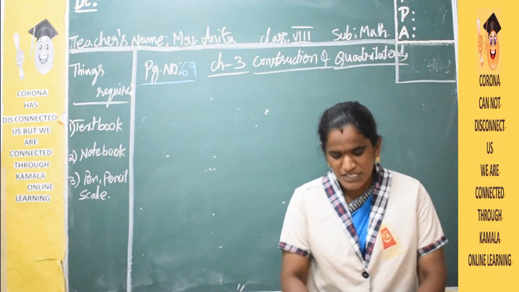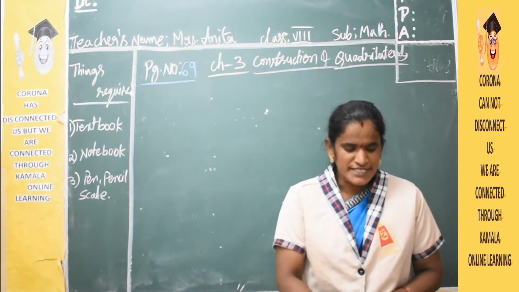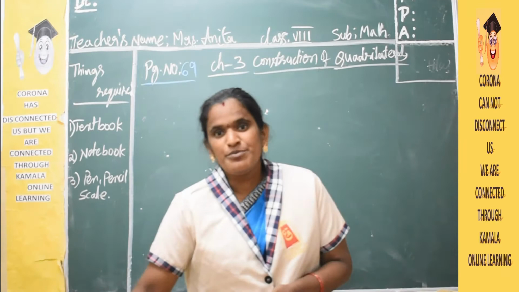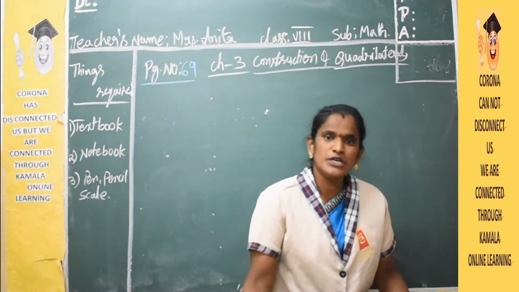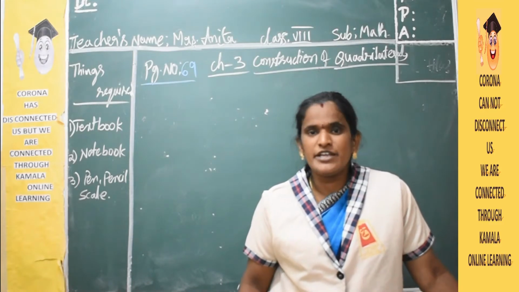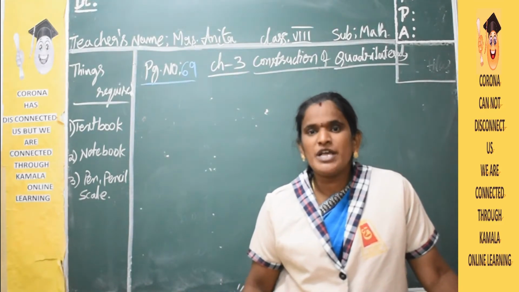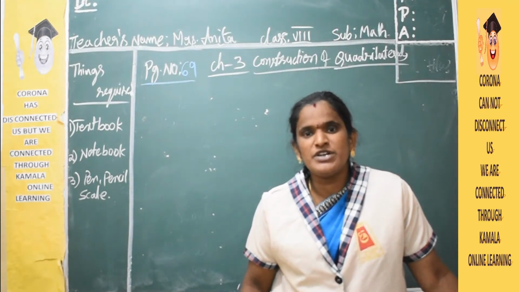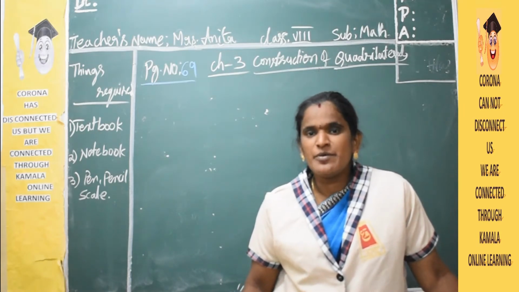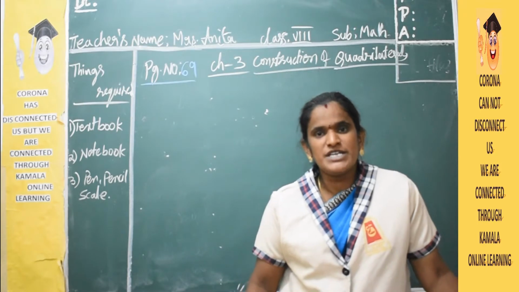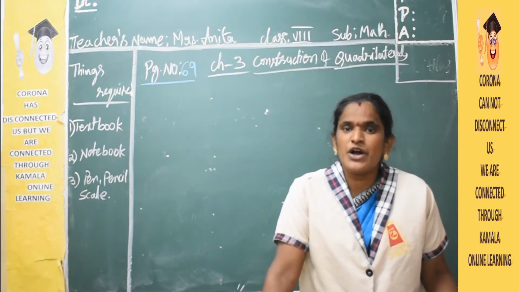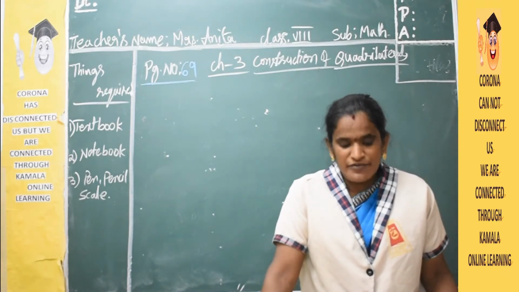Now observe the problems children. So exercise 3.2. Look at your textbook everyone. Be ready with your textbook, notebook, pen, pencil, scale. Okay children, don't go here and there, you have to listen properly. What I am explaining on the board, you have to listen carefully children. If you listen properly, definitely you will get an idea about the remaining problems also. Without teacher guidance, you will get all solutions. So that's the reason I am saying you have to listen properly.